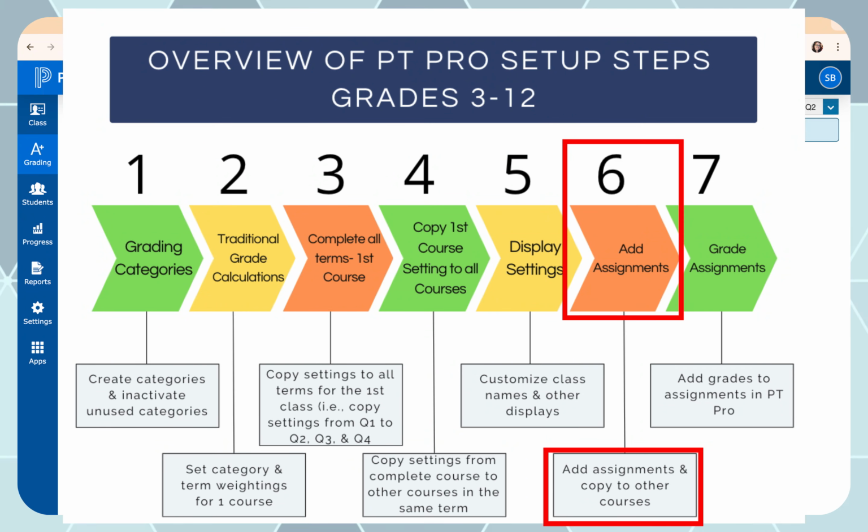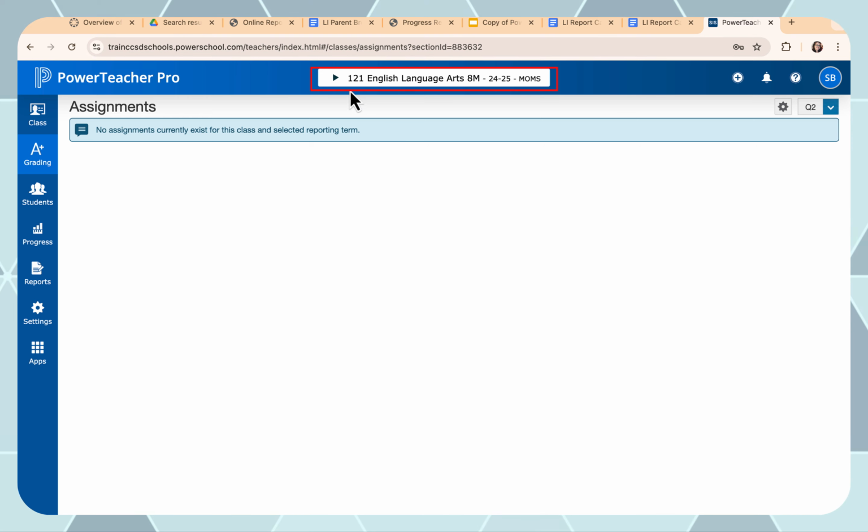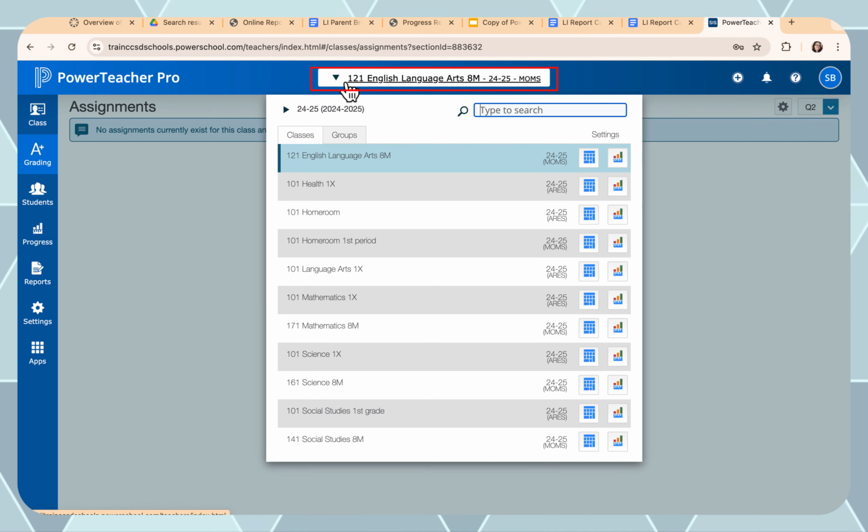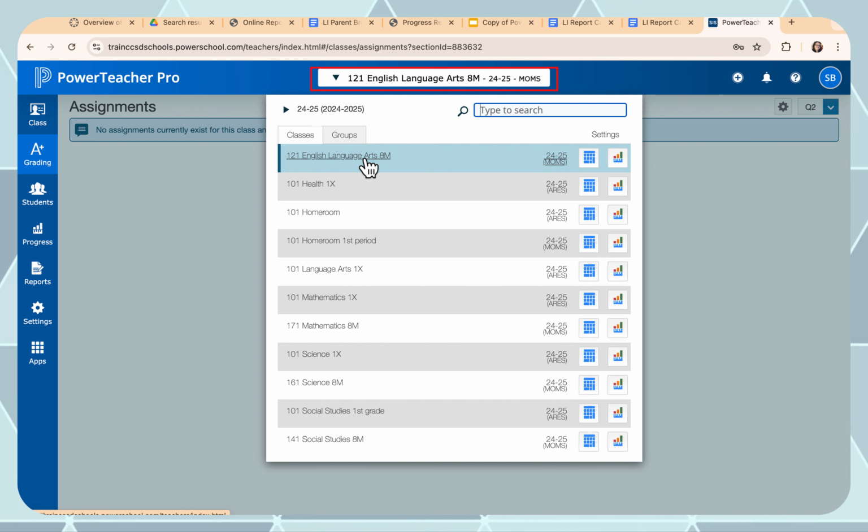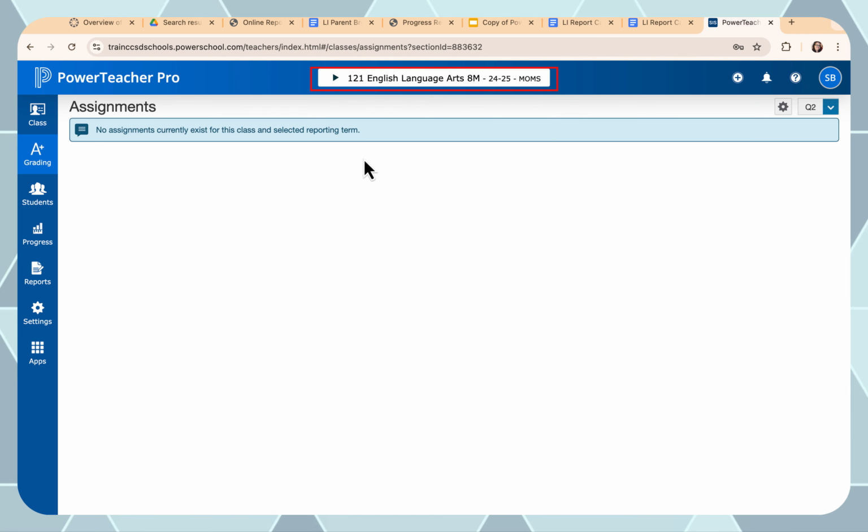Now that we have reviewed the expectations and process for grading assignments, let's go ahead and move on to step 6 of our gradebook setup, adding assignments. I am now going to choose my course that I'd like to add an assignment to. I have chosen my English Language Arts class for my 8th graders, but I could choose any low incidence class